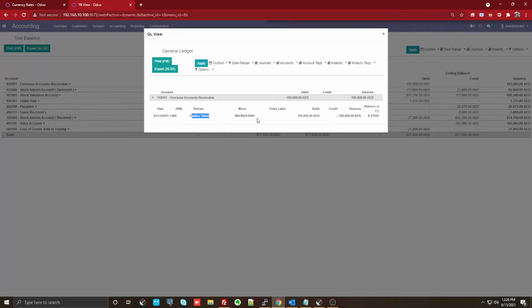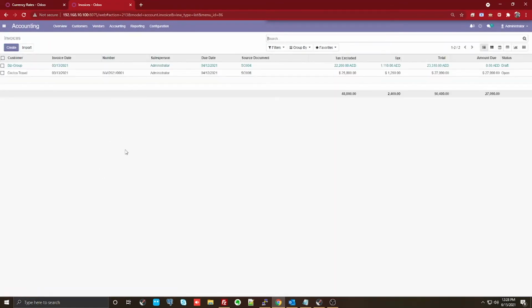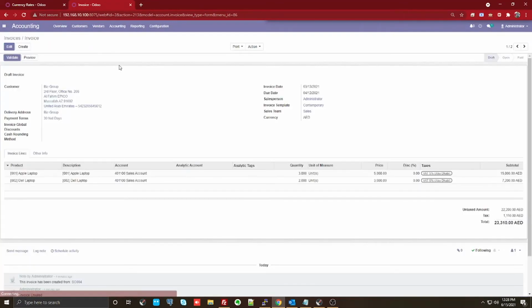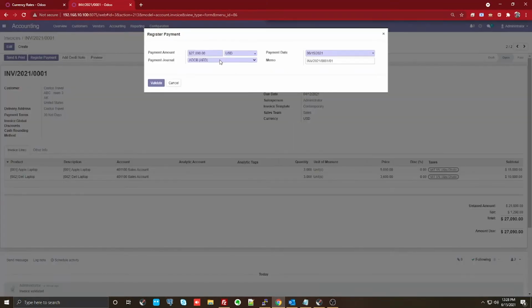You can see the invoice number, it is $27,000, which is converted into 105, which is a value of that. Now basically whenever the payment is ready for this customer invoice, what you could actually do here is, sorry, not this one, this one. I can go for the register payment button, and when I go for register payment, I can choose whatever payment method I'm going to use. Now it is supposed to be a total payment of 27,000, whatever the value is.